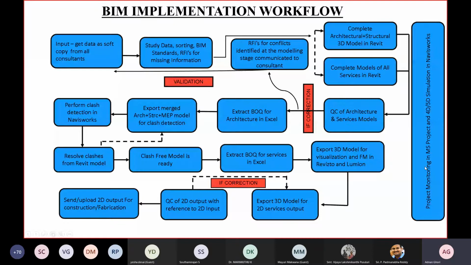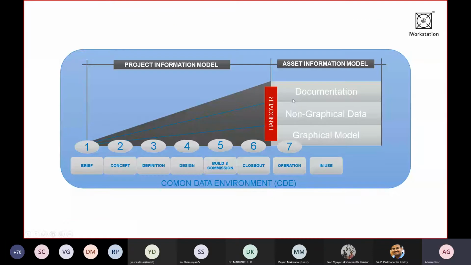This is a small graph which helps you to understand the common data environment. So whenever we work in BIM, there is a common terminology which will be very useful for all of you, that is common data environment. Common data environment, from the name itself, means that you should have an environment where you can store the data commonly and it will be visible to whichever team members you want to make it visible to, and it will be accessible, editable or downloadable, depending.